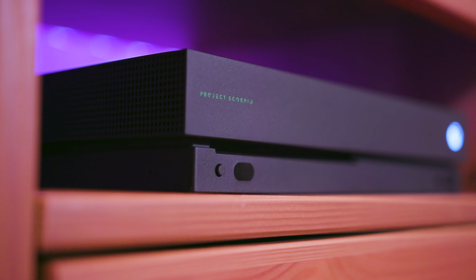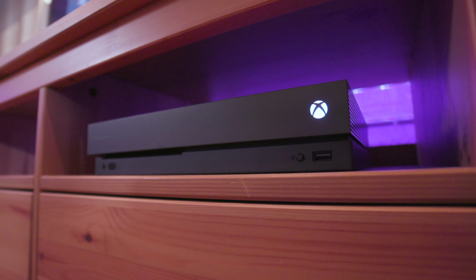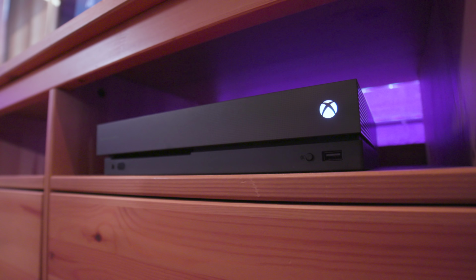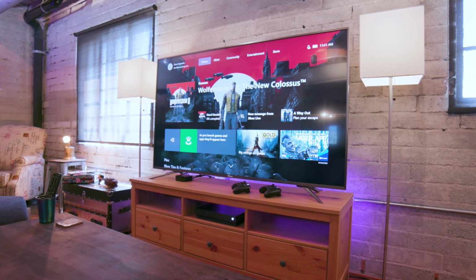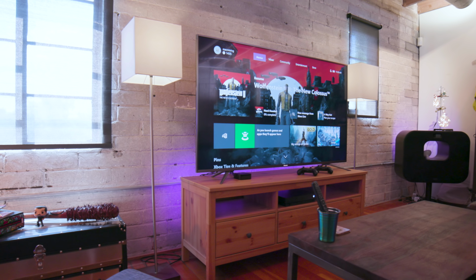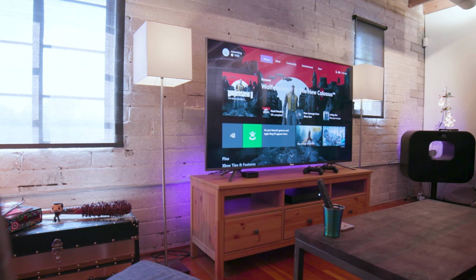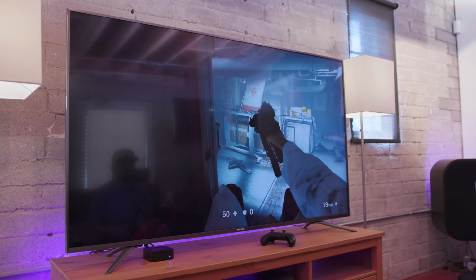Now, along with the TV, I also do have an Xbox One X for some gaming, obviously, which, mind you, works great on the H9 Plus in the gaming mode. Now, obviously an Xbox is an Xbox, but with 4K gaming and content and HDR available with the console as well, there will be no shortage of great things to take advantage of. Kicking back and playing a game is pretty epic with a TV of this size and quality as well,